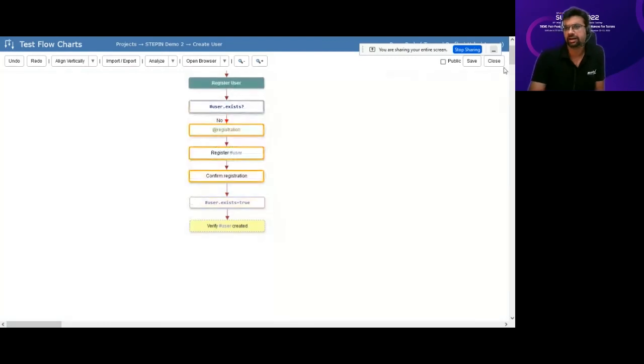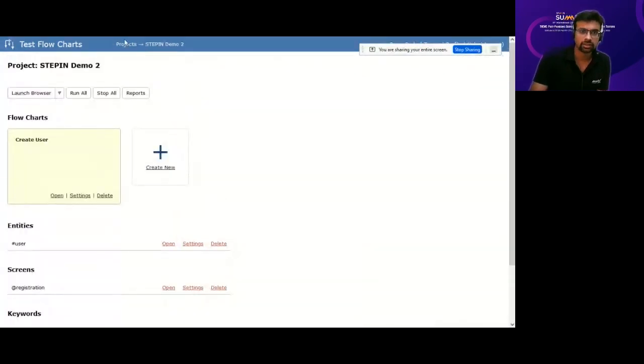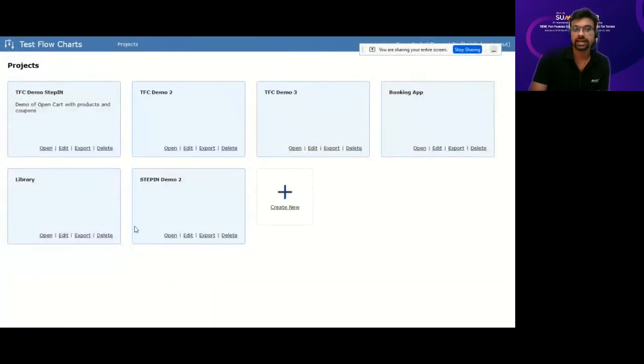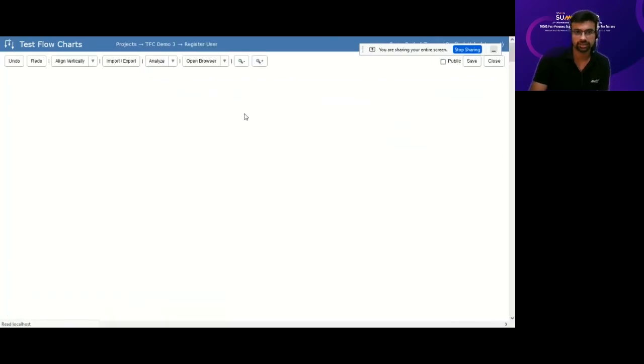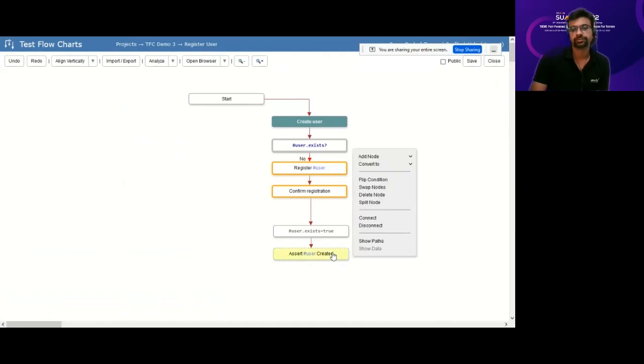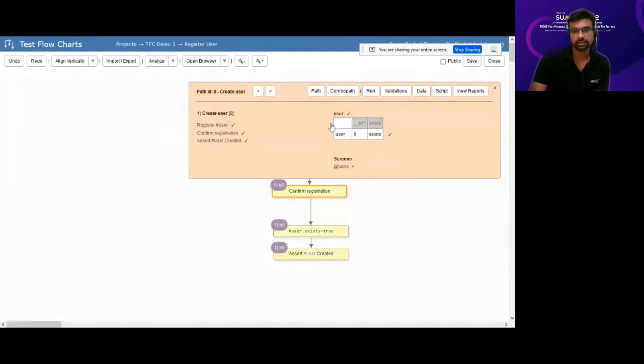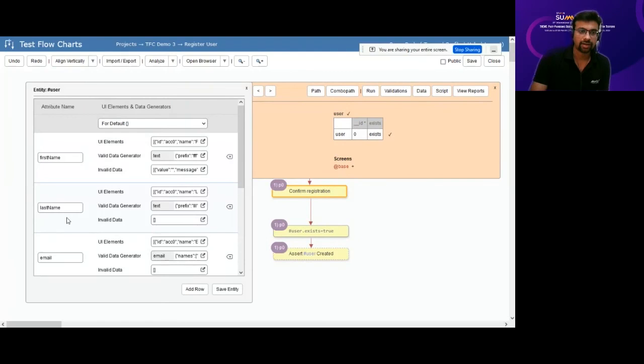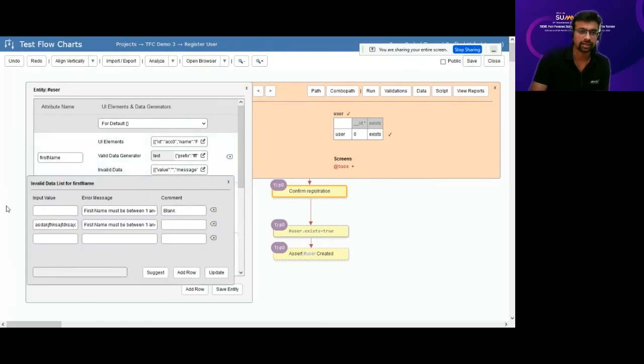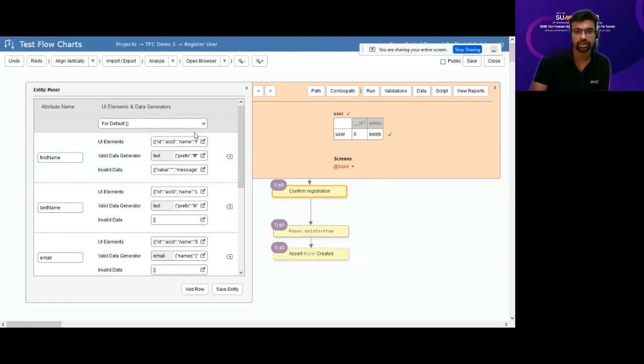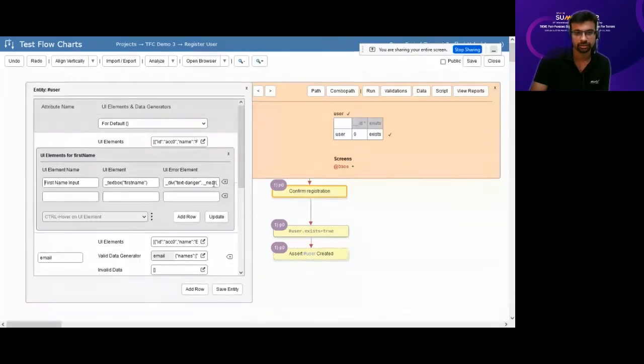So that's it. It ran, right? One other thing that I want to show was, it does validations also automatically. So what that means is, if you have the same register user flow that we just did, and I show the paths and then view the user, I have added some validations here saying invalid data. If I put it as blank, this error message should show up. If I give a very big value, then also this error message should show. And I also identified that element, the error element.